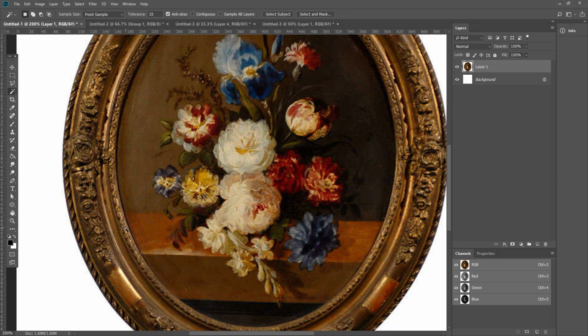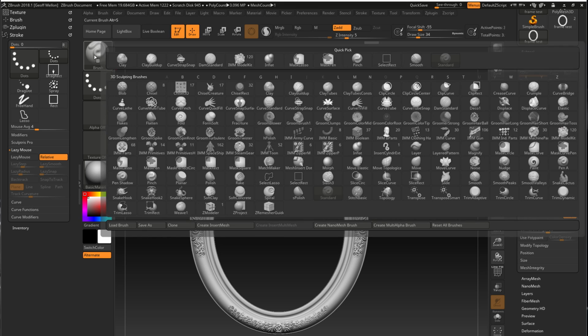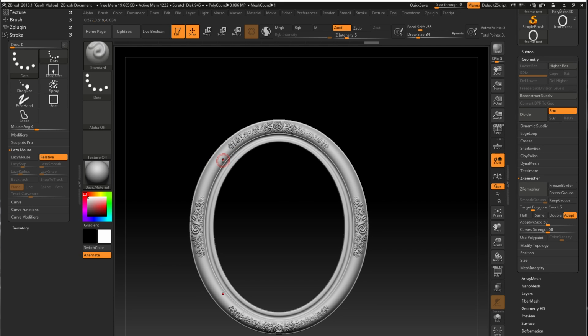Is that it's got that rope stuff on the outside, and it's got this. Now what I could do is make my own special brush to do the outside perfectly, and then do this. But I just went for a simple route in this case. I went to standard brush. I'm just going to use that, and then if I do this,